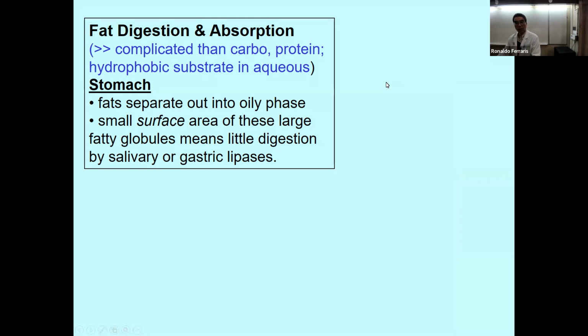So we begin. We started with fat digestion, and in the very first few slides, I mentioned the fact that digesting and absorbing fats, especially digesting fats, is a lot more complicated than carbohydrate and protein digestion because of its biophysical property, biochemical property as a hydrophobic substrate. And we know that we need an aqueous solution to digest